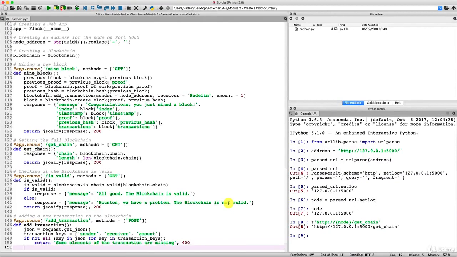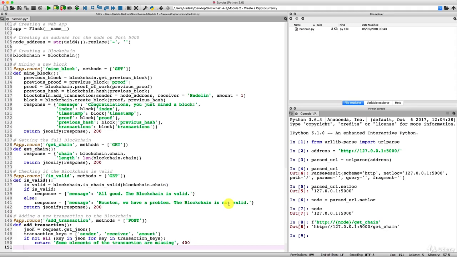And now if the transaction is okay, that is, if there is not any missing key, then let's do what we have to do, which is, of course, to add this transaction to the next mined block. And so now the question is, what is going to be this next mined block? How are we going to get it? How are we going to choose the right one to lock this transaction? Well, the answer to that question is the index. In order to find the right block to lock this transaction, we need to figure out what is the index of the next block that will contain the transaction.